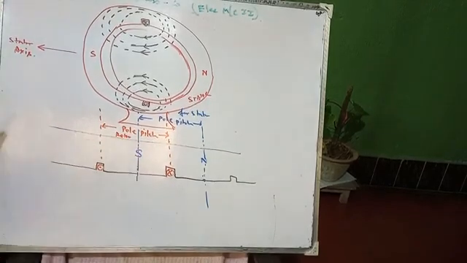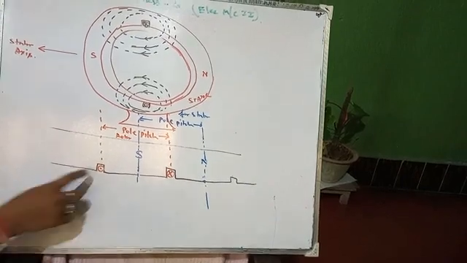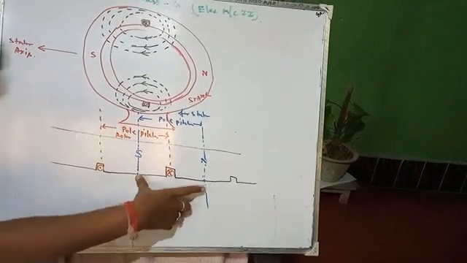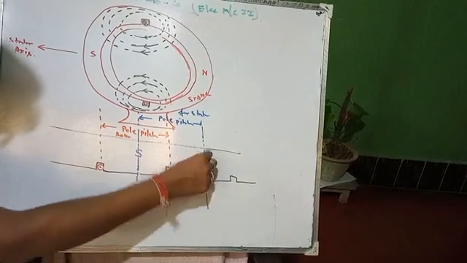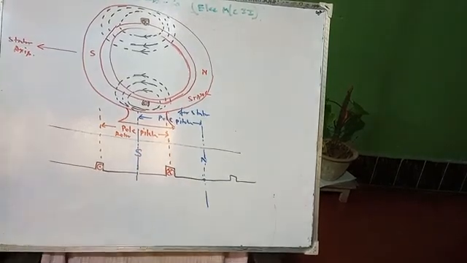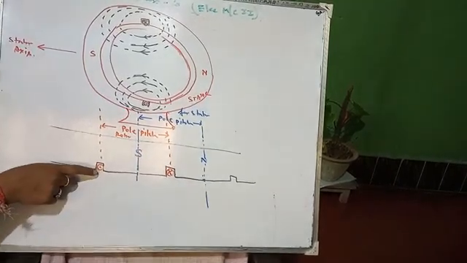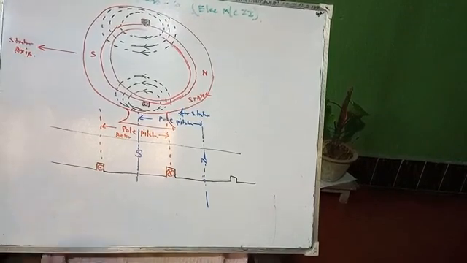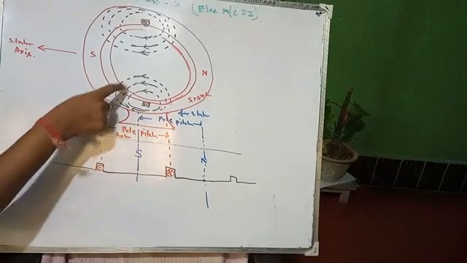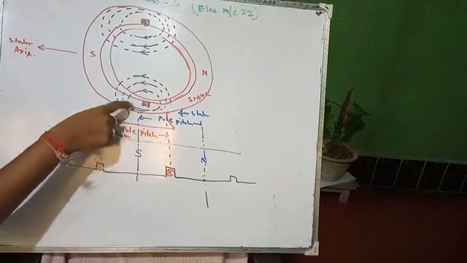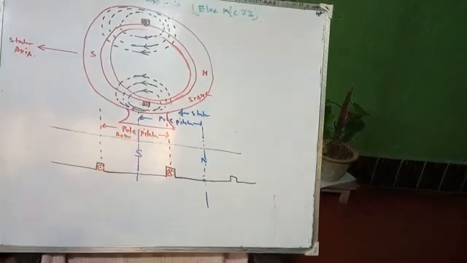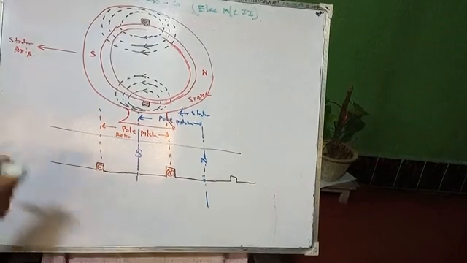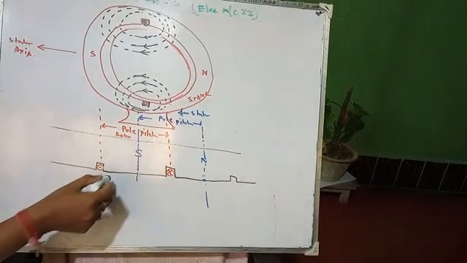Pole pitch. In between these two conductors there is a south pole, and in between these two conductors there will be the north pole. Similarly, if we consider the dot over here, then the fluxes are moving in anti-clockwise direction. So now we are drawing a flux over here in anti-clockwise direction. How?